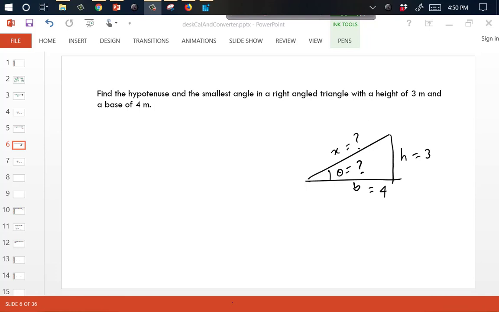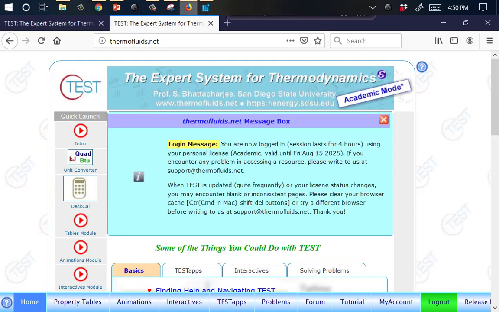This is a very rudimentary problem. We have to find the hypotenuse of a right angle triangle. If the base is given, height is given, we can just see and realize x should be equal to 5 meters and theta. But the purpose of this problem is to demonstrate how to use the DeskCal, the simplest of